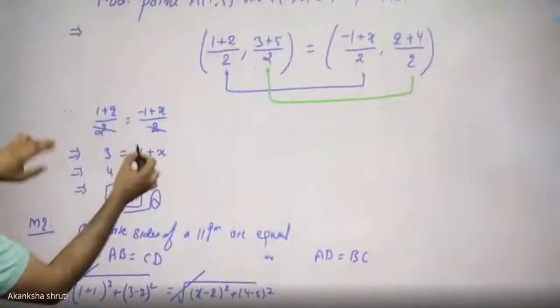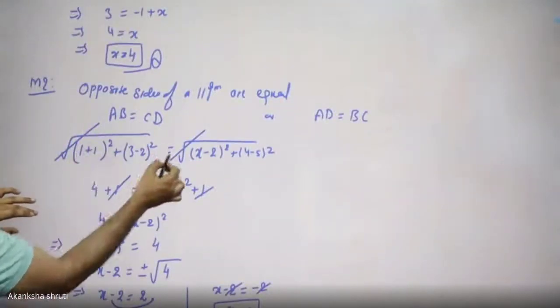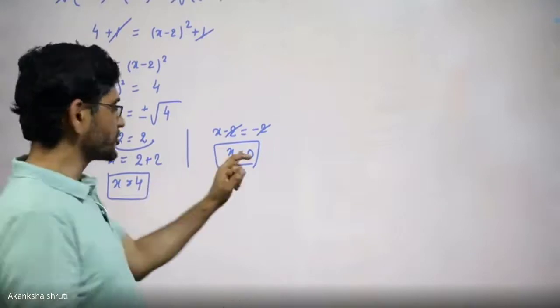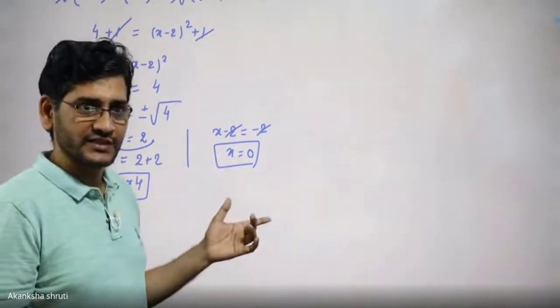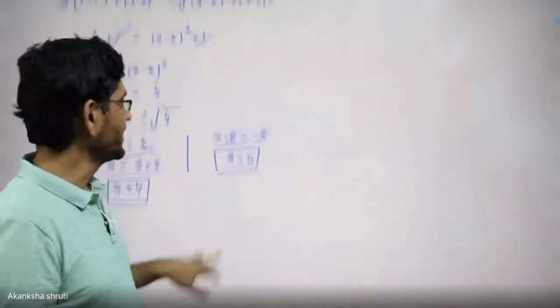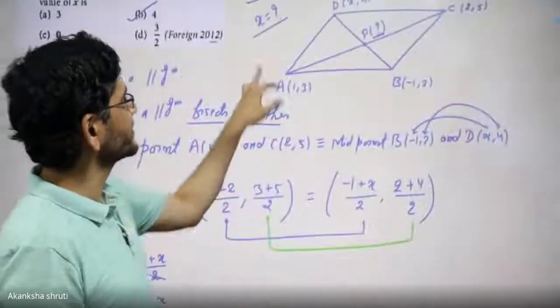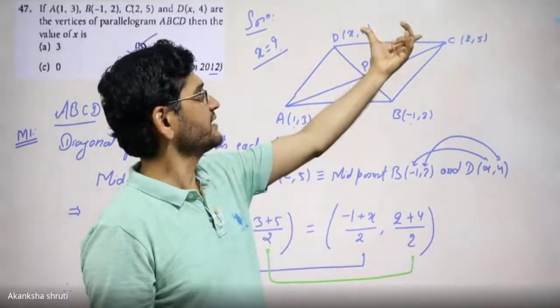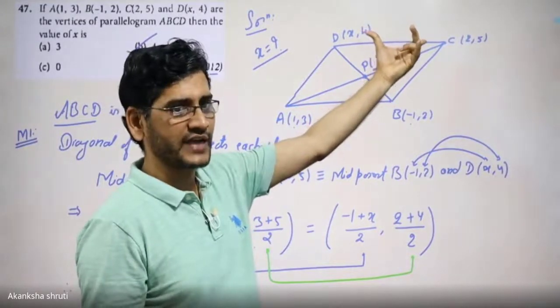See, in the first method how short we get the answer, but in the second method, if you equate the sides, you will get a quadratic equation, you will get two values. Then you have to verify whether both of these are possible or only one of these is possible. How to verify? Again by adding them or considering their side length. This we have calculated from this side. The same value of x we need to calculate from this side also.